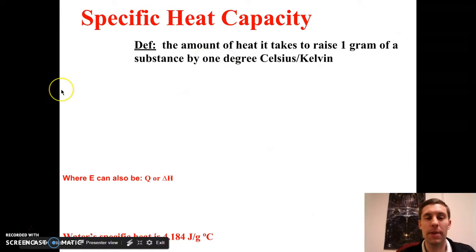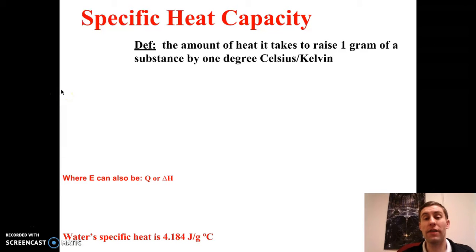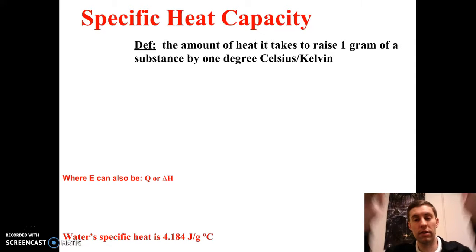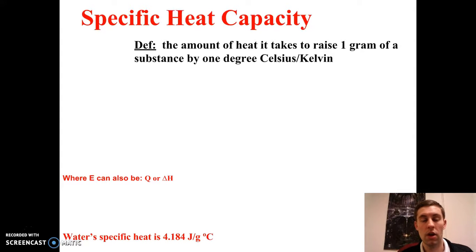Alright, so specific heat capacity. The actual definition is the amount of heat it takes to raise 1 gram of something, any substance, by 1 degree Celsius or Kelvin. Those scales are the same, right? They're off by 273 from each other. So 0 Celsius is 273 Kelvin, 1 Celsius is 274 Kelvin, each go up by the same increment together. So how much heat or energy it takes to raise 1 gram of something